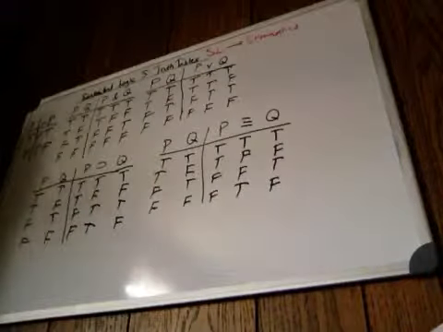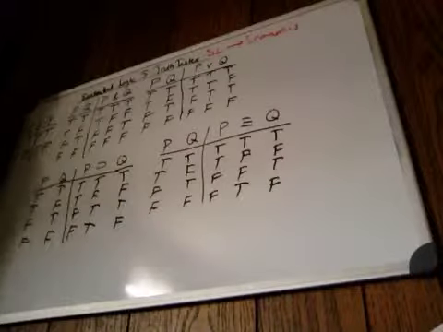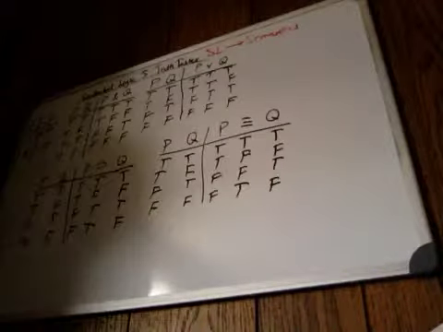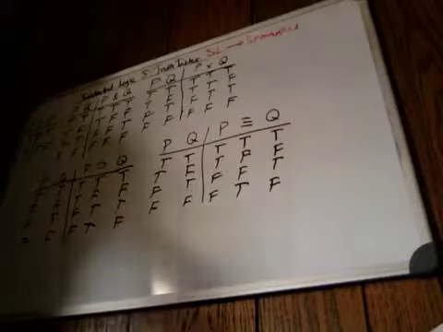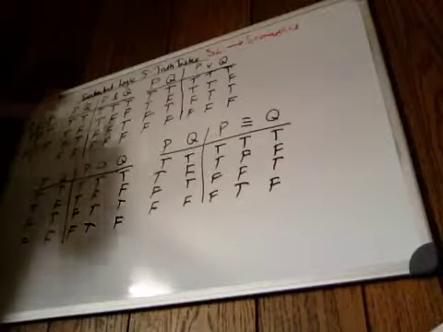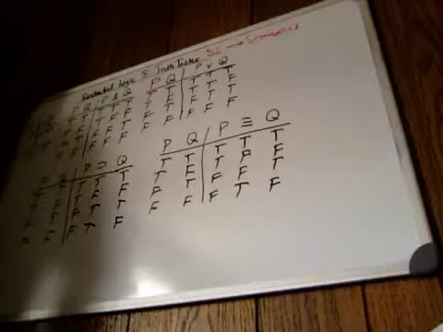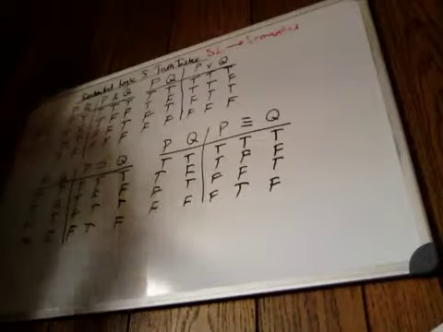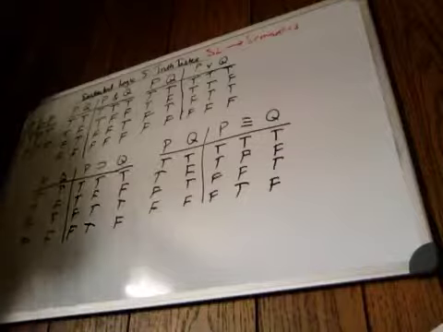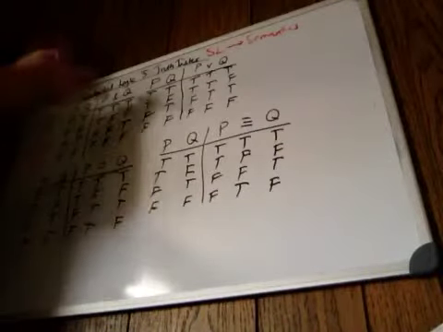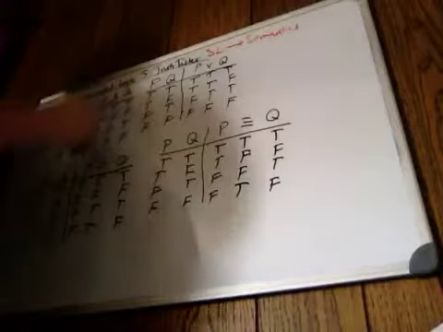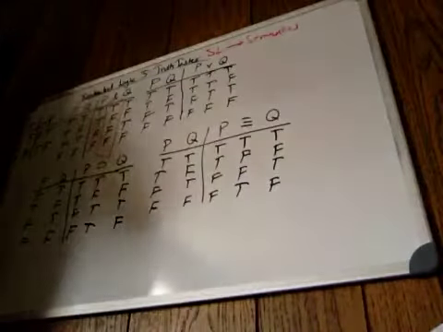Now on to the ampersand, or the conjunction. One rule of thumb for this is that the only time that an ampersand is true is when they are both true. If you have T and T, of course they're true. If they're both true, then the whole thing is true. Now again, all that matters here is this. This is the whole truth value,